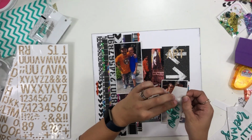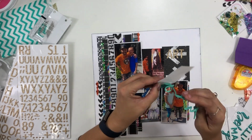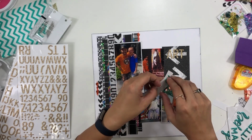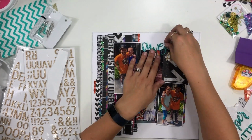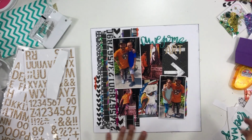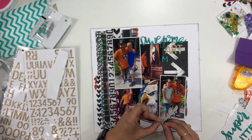And then I'm going to go ahead and take some glitter Thickers, and I'm going to use the word awesome and then combine it with the word art. So it's going to say awesome art across the top. And then I'm going to go back to that turquoise color, and those are from Chameleon, and I'm going to grab the word that says magic. And I thought I was going to put it up with my title. So I start out thinking it's going to say awesome art magic,